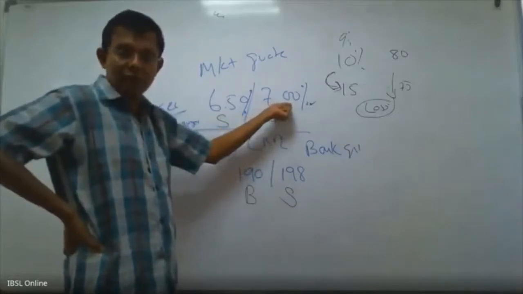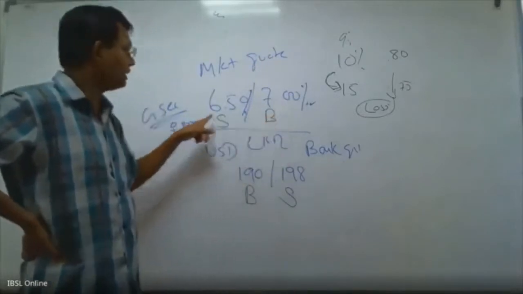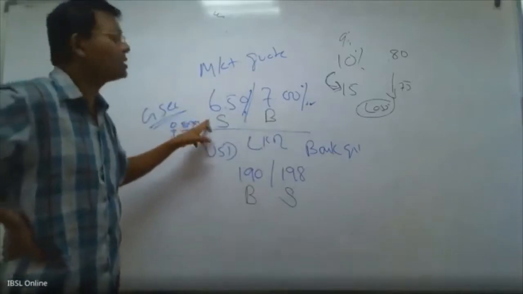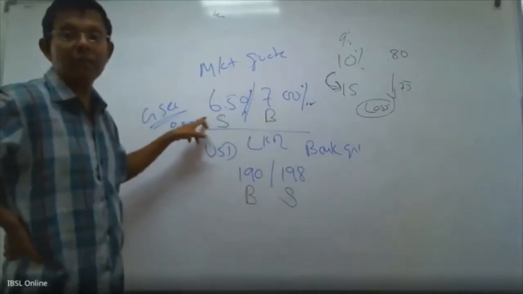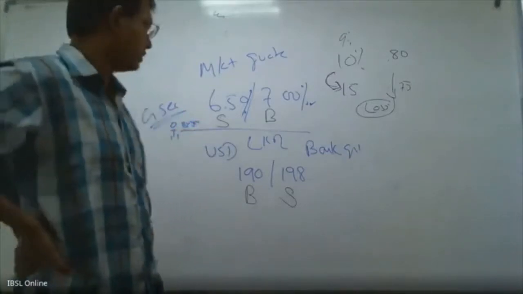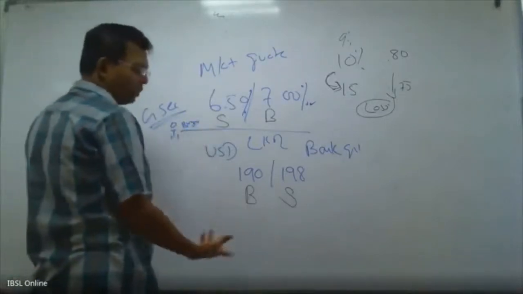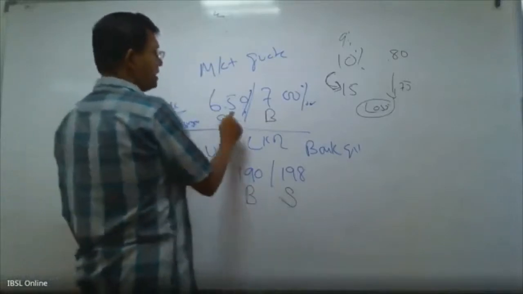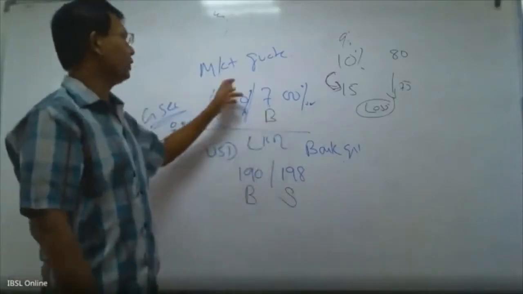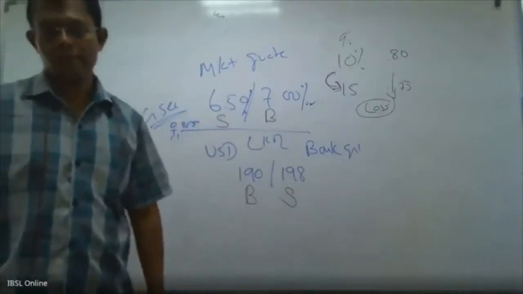I need to purchase. Somebody has to sell. Is somebody selling at 7? No. Somebody selling is this. So then I have to purchase, I have to invest my money at 6.5. Why? This is the selling quote. Please be clear, this is important. This is the difference. Normally, generally we go buying and selling. Since this is percentage wise, two-way quotes related to government securities go like this, right? Any question you have?